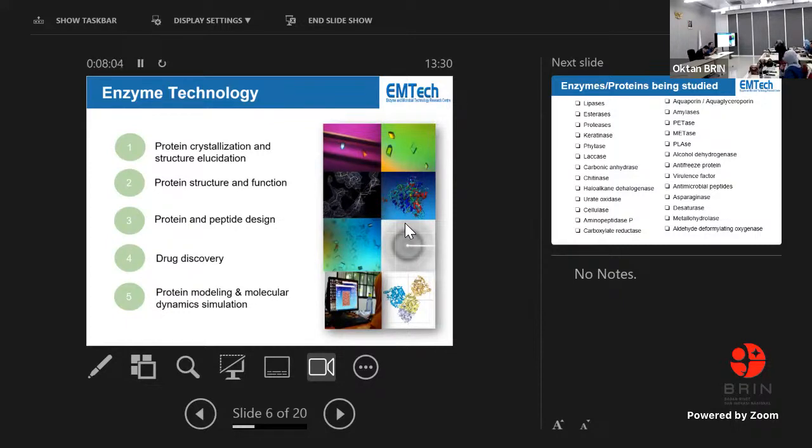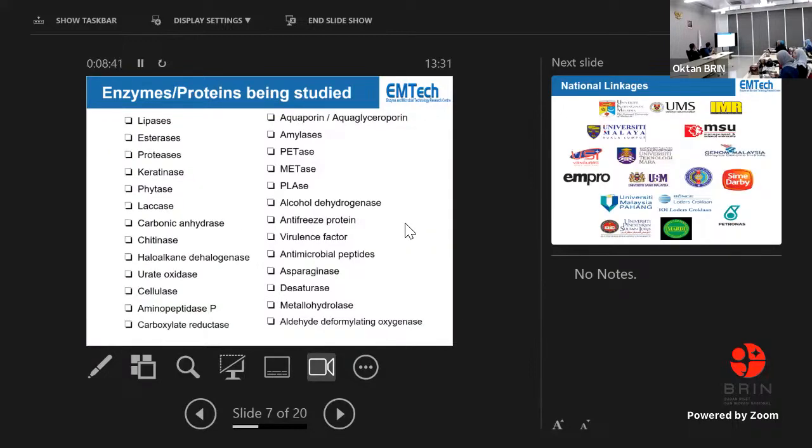We have also studied antimicrobial peptides and proteins isolated from our own local isolates. These peptides and proteins are very important in inhibiting microorganisms such as MRSA, methicillin-resistant Staph aureus. Some of the work relates to managing our diets and controlling sugar intake by inhibiting alpha amylases, using proteins and peptides from palm oil sources. So that is a very quick overview of enzymes and proteins that we have studied and are still studying.